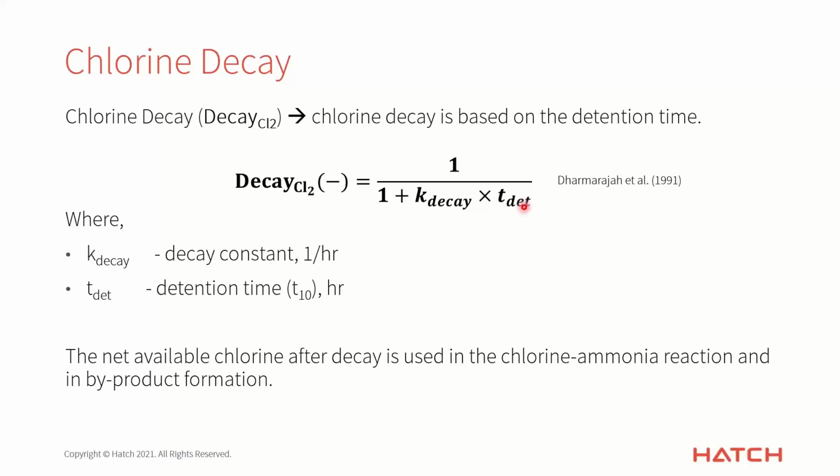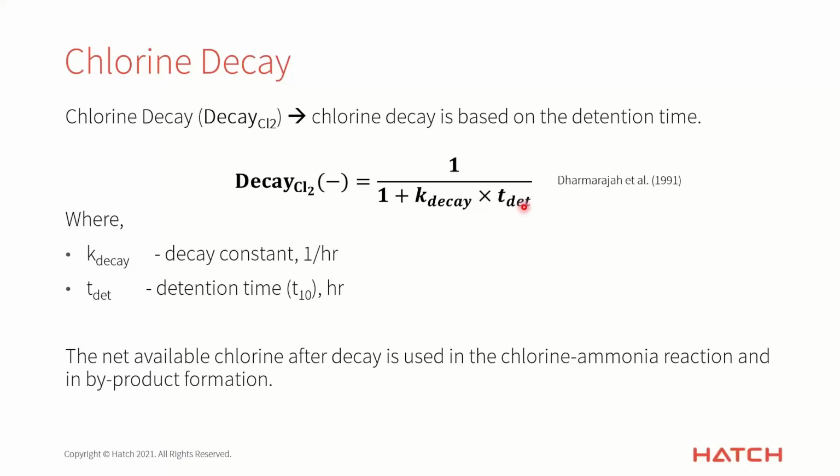So it's basically used as a realistic or more conservative estimation of the retention time. And if you need to, you can determine it via some sort of tracer test at your specific facility. For this one, the user can also calibrate it. They can obviously calibrate by just changing the decay constant, but you can also calibrate by changing a GPS-X input parameter called the T10 to detention time ratio.